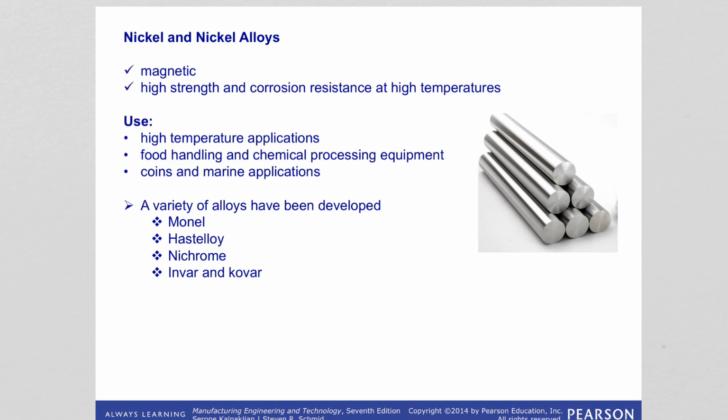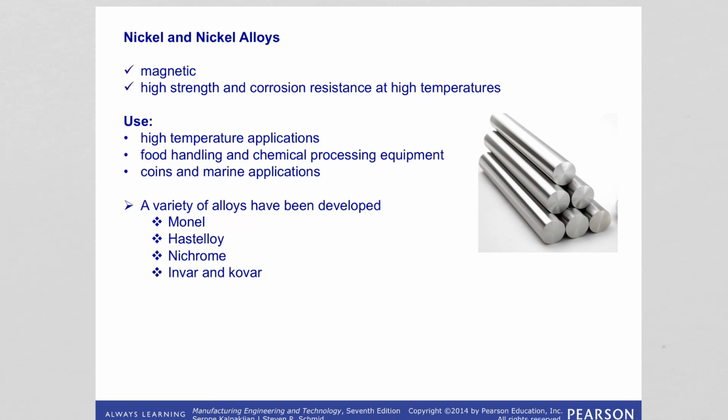So whenever magnetic materials are required, together with strength, toughness, and corrosion resistance, these materials are a good choice, like in electromagnetic applications. Also, the important thing about nickel alloys is they can preserve their strength and corrosion resistance at high temperatures. Therefore, they are used in high temperature applications